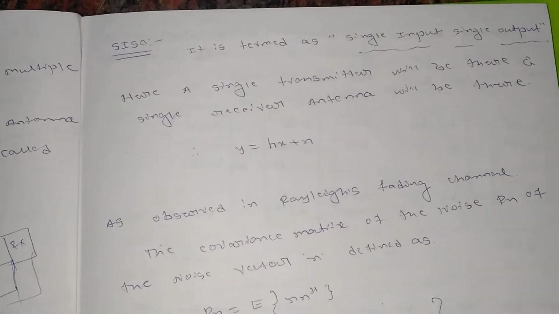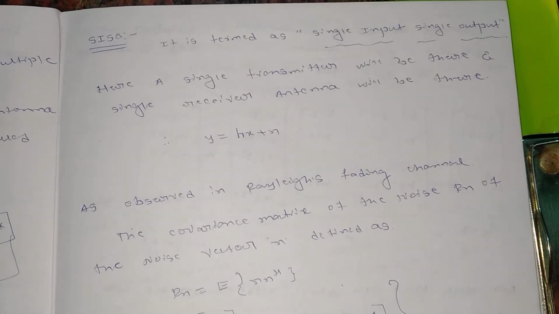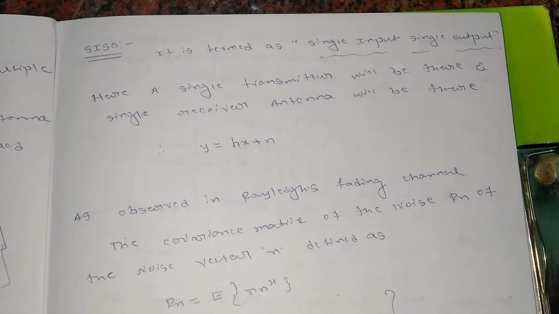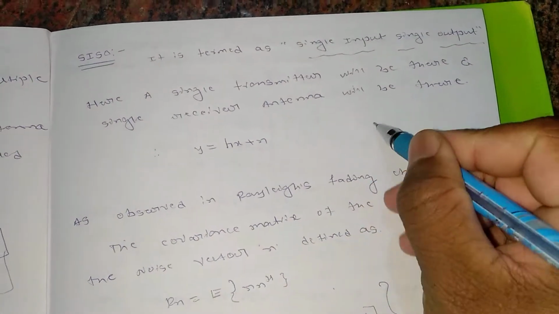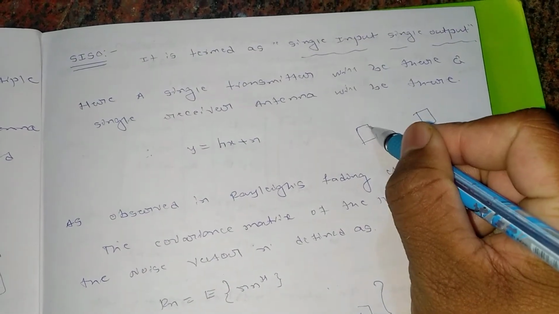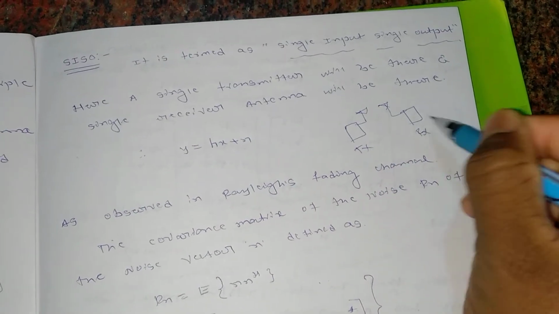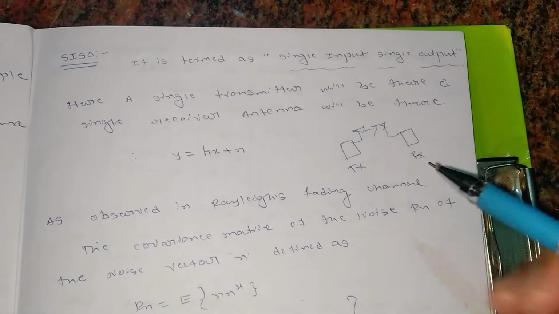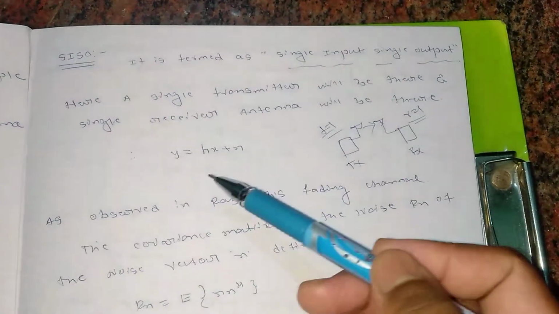Then I will move to the next set of models here, that is SISO, right? SISO stands for single input and single output. This is the combination of SIMO and MISO. Here, as the name suggests, it will be having a single transmitter and a single receiver. The diagram for this one will be very simple. It will be a single transmitter and a single receiver, only one path will be there and one signal will be sent. So T will be equal to 1 and R will be equal to 1, right?